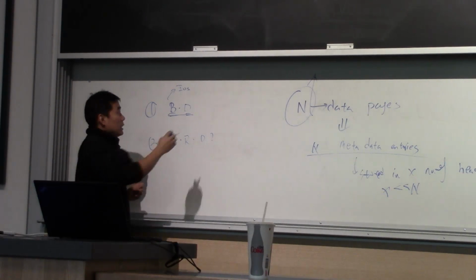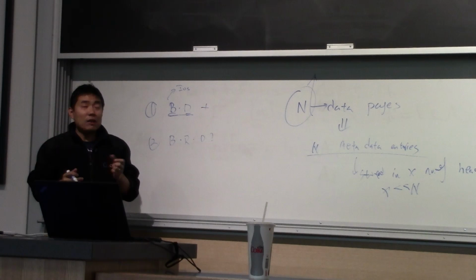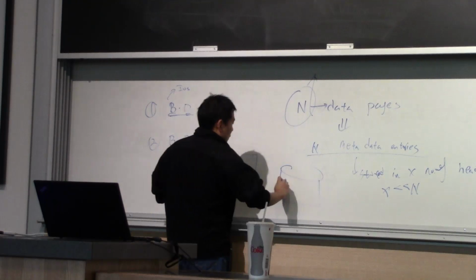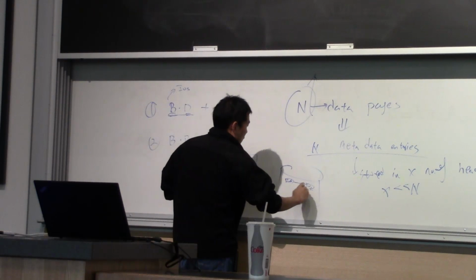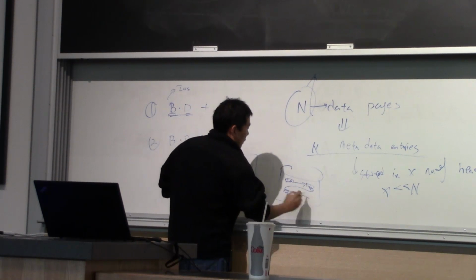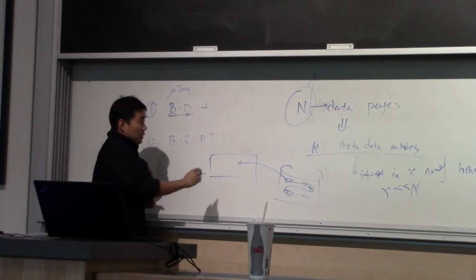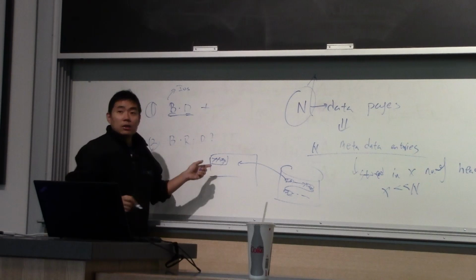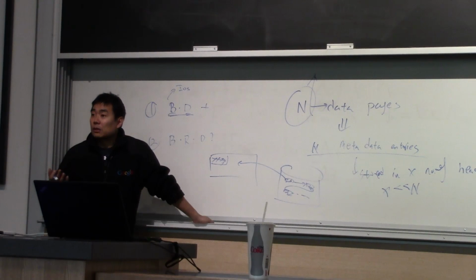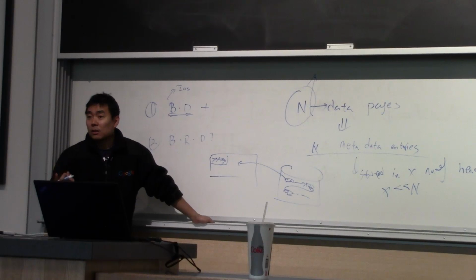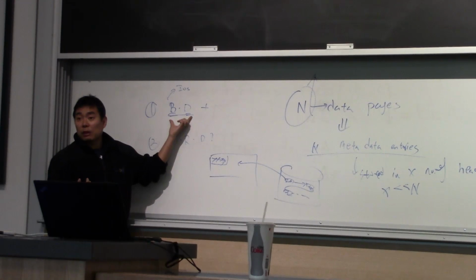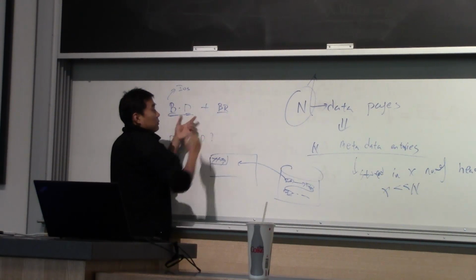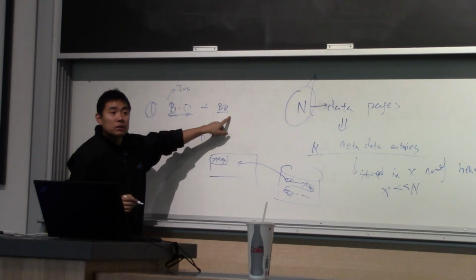But what's missing here is this: once you fetch a page, suppose it's your buffer, it's your disk, that linked list structure we talked about, and you fetch these pages one by one. Once the page is in the buffer, you still need to go through it to get all the records. Does that make sense? That is not captured by this formula right here. So there should be some BR cost here: B pages and R records for each.